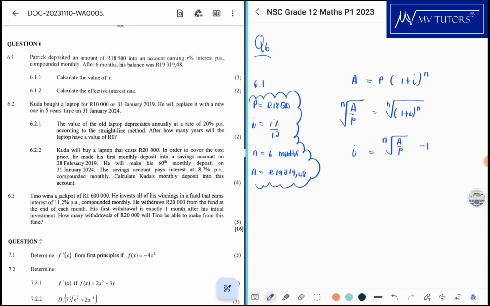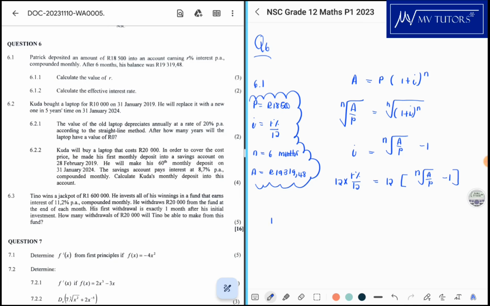Okay, and remember, the i is equal to R percent divided by 12. So basically R will be 12 multiplied by, there's a lot going on here, but I hope you can follow. Okay, now I can start putting in